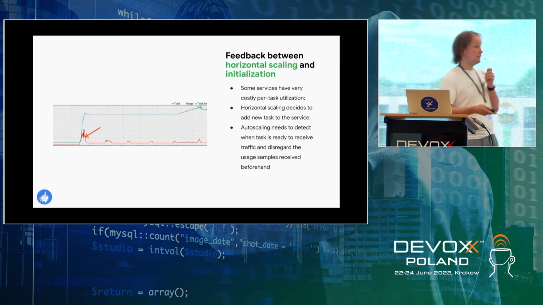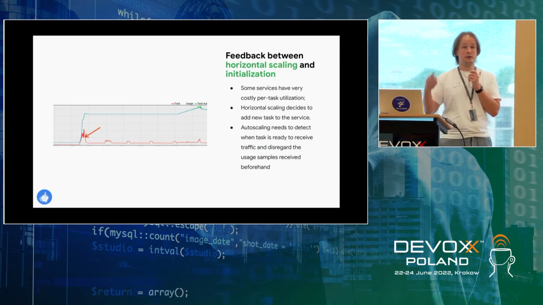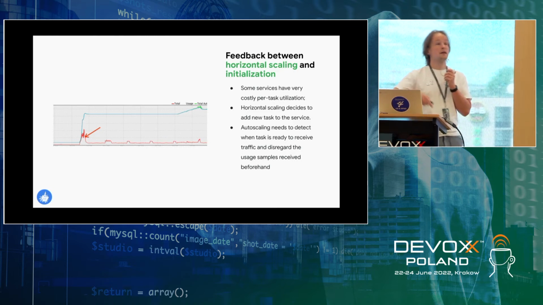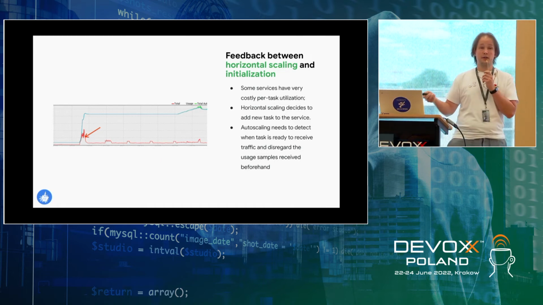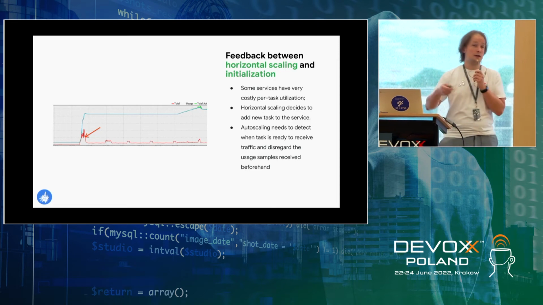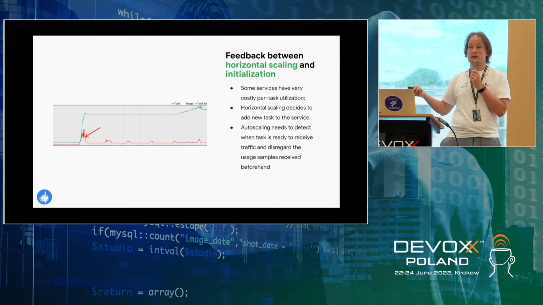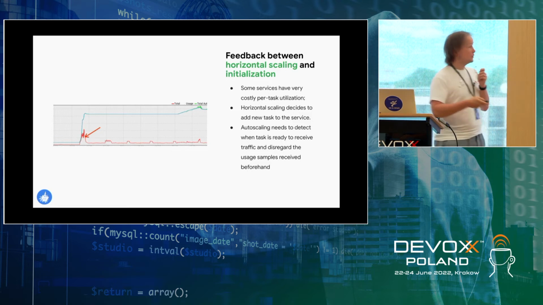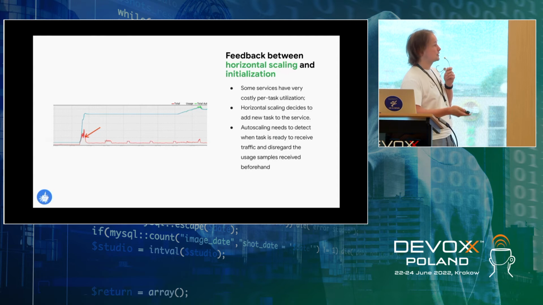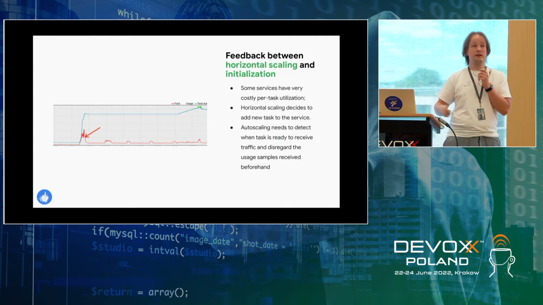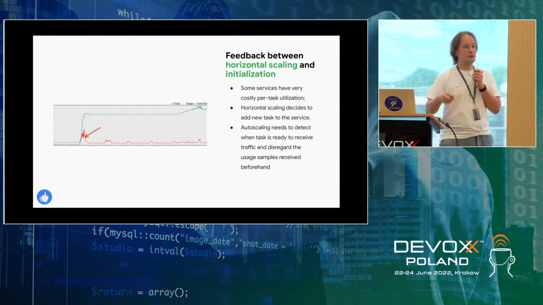Some services have very expensive initialization. They download some data from somewhere, unpack it, prepare internal memory structures, and this can use 100% of CPU or even more, because we use soft limits. So if there are resources, services can use more CPU than they reserved, and they use it for 30 minutes. So we have a service that has this behavior, it's horizontally scaled, it uses CPU utilization, and let's assume that right now this service gets a peak of usage, so it's above the utilization target.